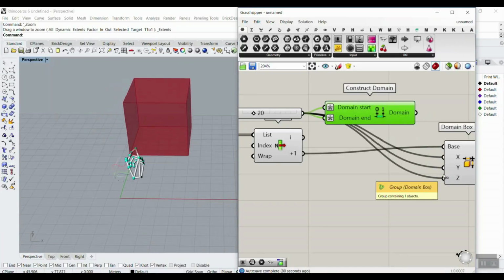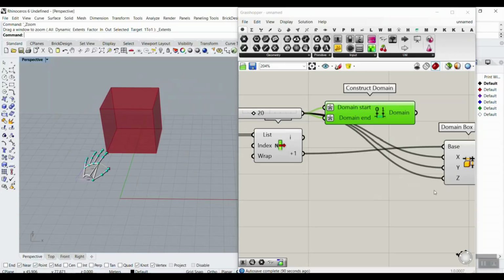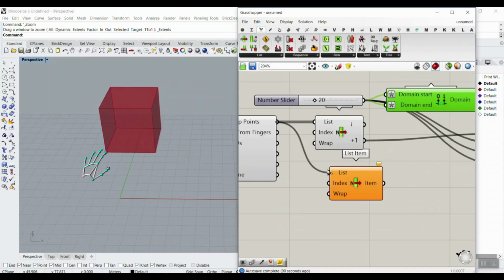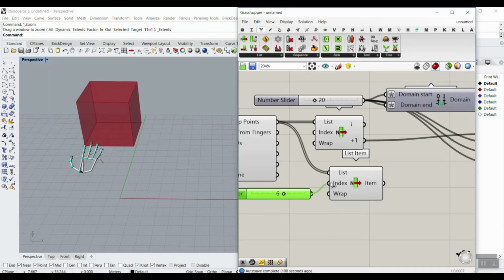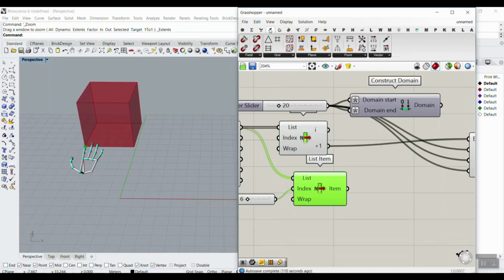The next thing is I want to put another hand and then scale this with another finger. So we can go here, use a list item. The finger is going to be 0, 1, 2, 3, 4, and on the next hand is going to be 5, 6. I'm going to say 6 and find the distance between these 2 points. In the vector section, I'm going to use the distance,